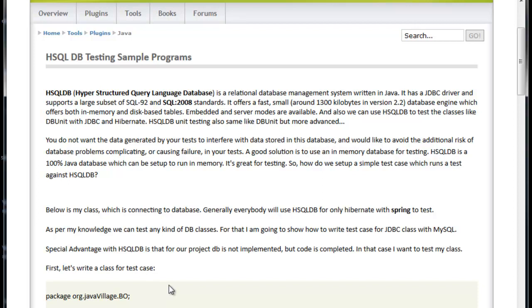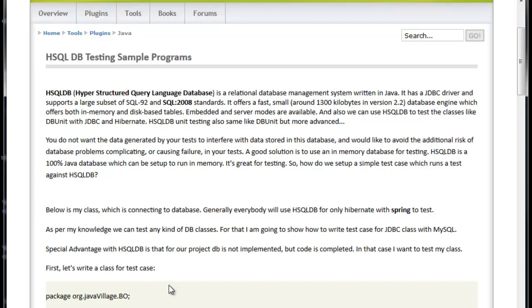The name itself suggests that this is only for Hibernate with Spring testing. But as per my knowledge, this is not only for Hibernate; we can test JDBC databases also.